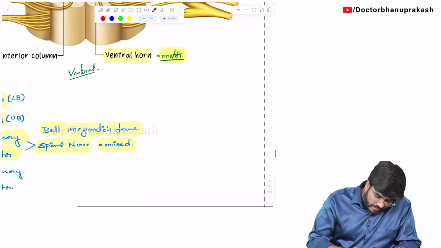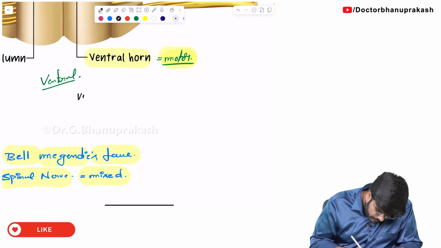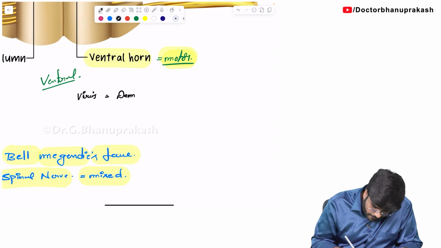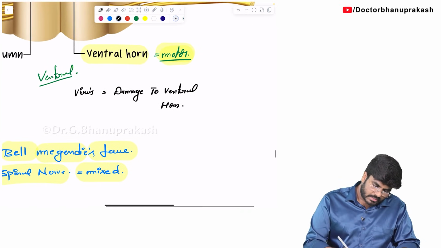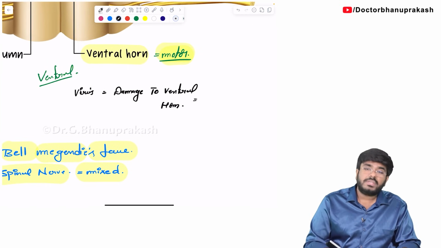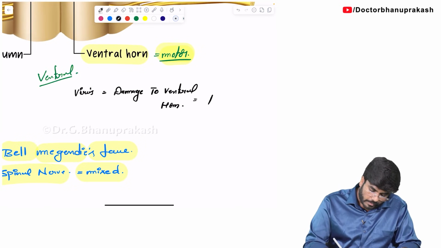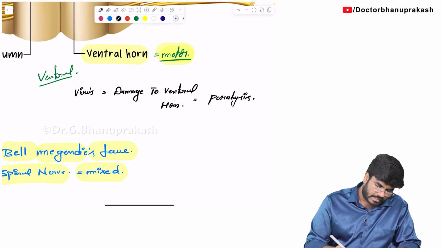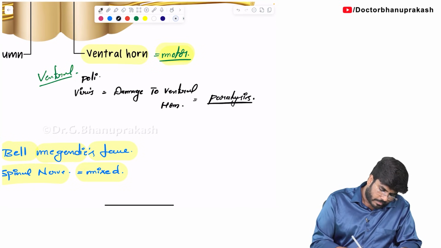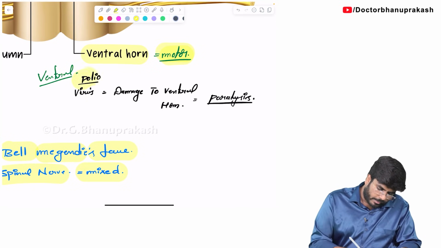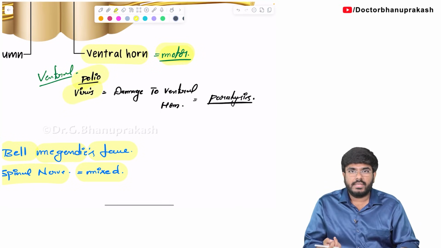So there is a virus causing damage to the ventral horn. There is a virus that's causing what, sir? That's causing damage to the ventral horn. So the patient cannot have muscle contraction. That will lead to what? Paralysis. So what is that virus? That's polio. Okay. So from today, you have to remember polio, especially going to be seen in